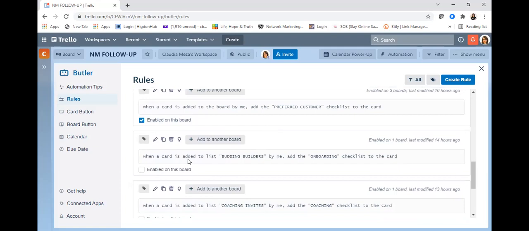So I have a rule that says when I add someone to budding builders, and that's what I called it, and I'll show you that board right now, add the onboarding checklist. So say somebody enrolled and I have them on my network marketing follow-up board, but now they enroll. So now I'm going to move them to my team board. When I move them there and they told me they want to build, I'm going to add them to the budding builder list. And Trello is automatically going to attach a checklist that I have set up for onboarding,